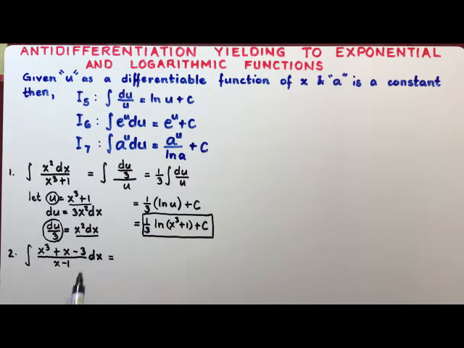Now, we notice that this is an improper fraction. Why? Because you see a polynomial in the numerator there, which is of the third degree. And in the denominator, it's a linear function. So this is an improper fraction. So what you need to do is divide the numerator by the denominator. So how are you going to divide? You can do long division or you can do the synthetic division. Suppose we will use the synthetic division, how will you do that?